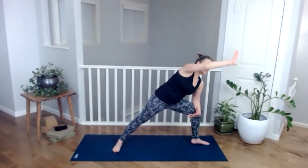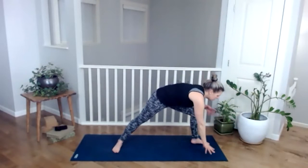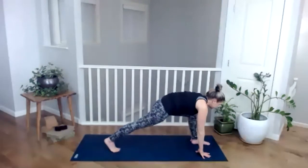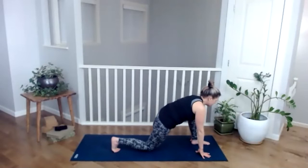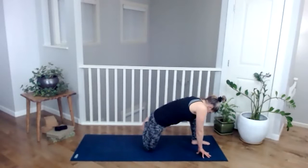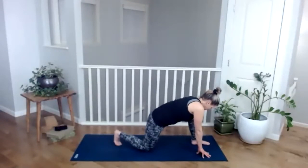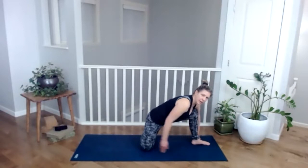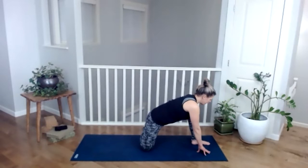We're going to take our hands down to the ground, come onto the ball of your foot, right foot. Take your knee down towards the ground. Having enough cushion for the knee, you may double up your mat. You may use a knee block. And then do a little kickstand. So turn your shin so it's going to be parallel with the short end of your